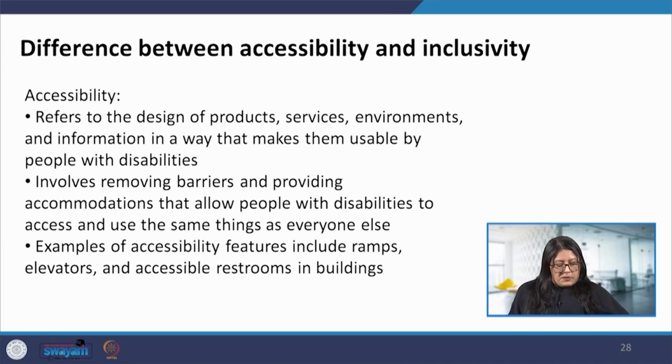Now, a difference between accessibility and inclusivity is, like we can understand from an example, automatic doors with motion sensors. So, when we enter into a space where there are automatic doors, of course, somebody on a wheelchair, the moment it approaches, the doors open and they are able to pass through. So, it is allowing them the access to enter a space without going through the trouble of opening the door themselves or asking for help, and at the same time healthy people are also able to pass